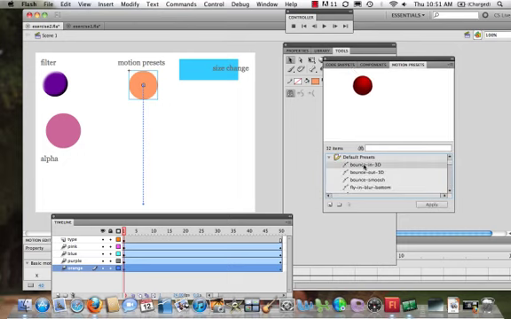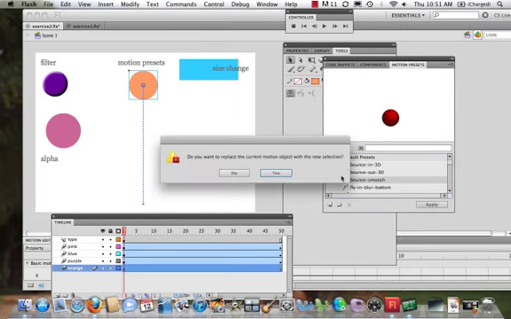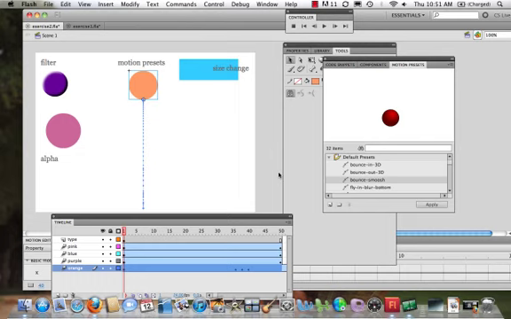And you can see when we click that there, they have, this is a bounce. This is a bounce out in 3D. A bounce smush. Okay, and there's a bunch more. You can play around with them. So I like this bounce smush, and the way that I created my symbol, I think that's going to work best. So I'm going to hit apply, and it says you're going to replace the current motion, and I say yes, that is okay. And now I preview,